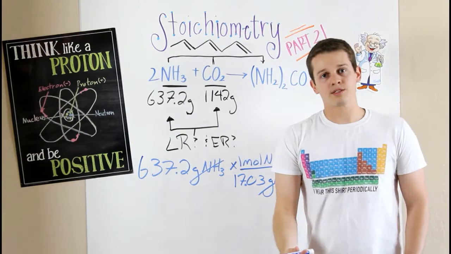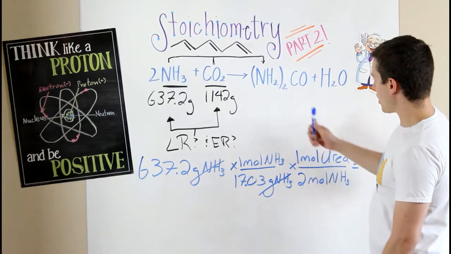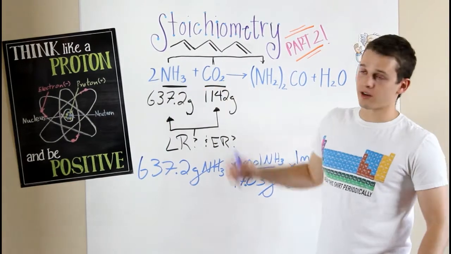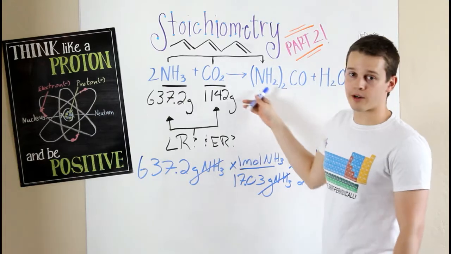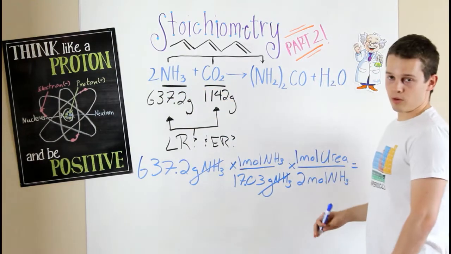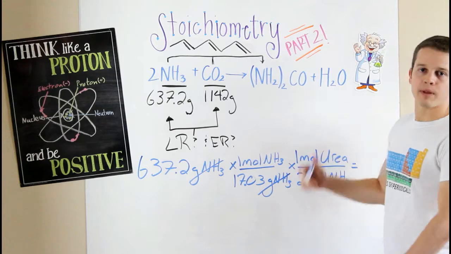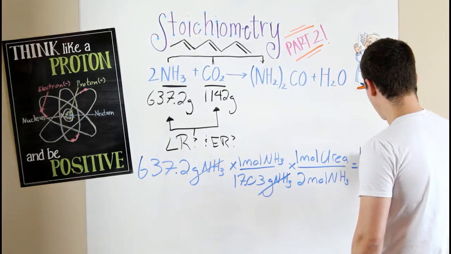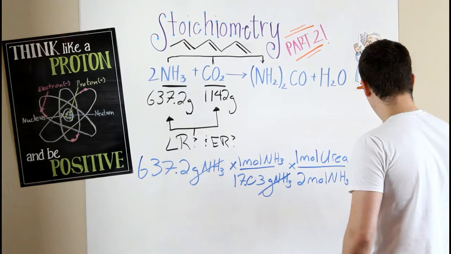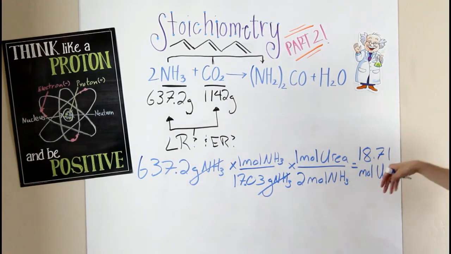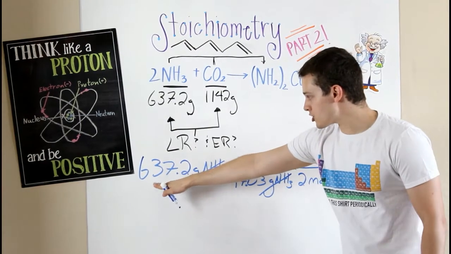The only way we can do that in this case is by multiplying by the mole ratio of our product to our reactant, in this case urea to ammonia. We have to look at the coefficients in front of our reactant and our product in our chemical equation. For every 1 mole of urea you make, you use 2 moles of ammonia. So we put 1 over 2, or multiply by 1/2. Once we plug all this into our calculator, we find that we make 18.71 moles of urea, which I'm writing with an uppercase U because I'm running out of room here. So 18.71 moles of urea is what we get if we start with